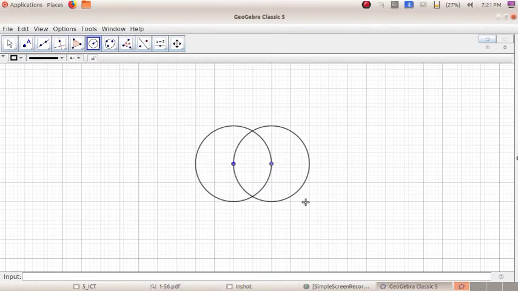See, now 2 circles were formed. Is the center of both circles the same? No, the center of this circle is this and the center of this circle is this point. But the radius is the same. The radius of this circle is 1 plus 1, 2. The radius of this circle is 1 plus 1, 2. So the radius is the same but the center point is different.